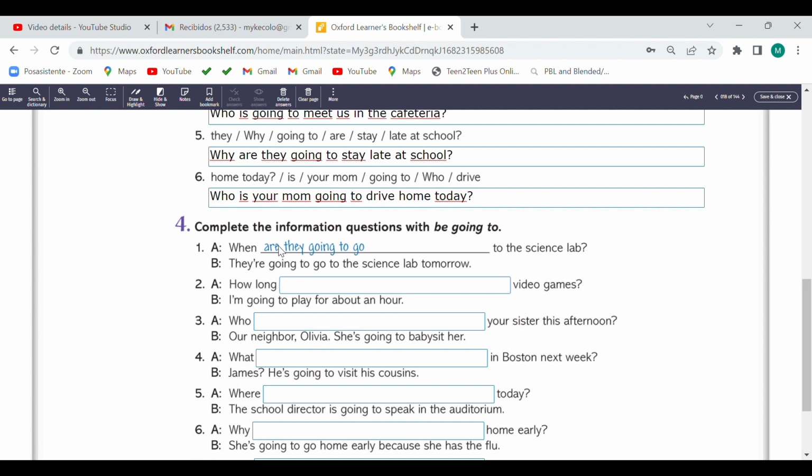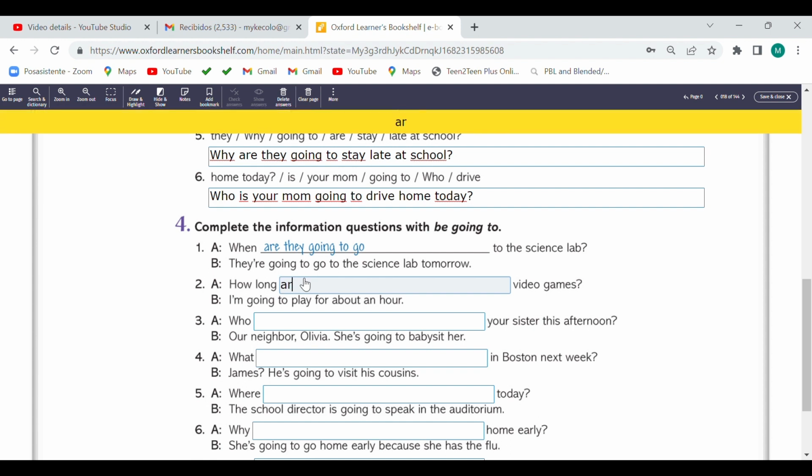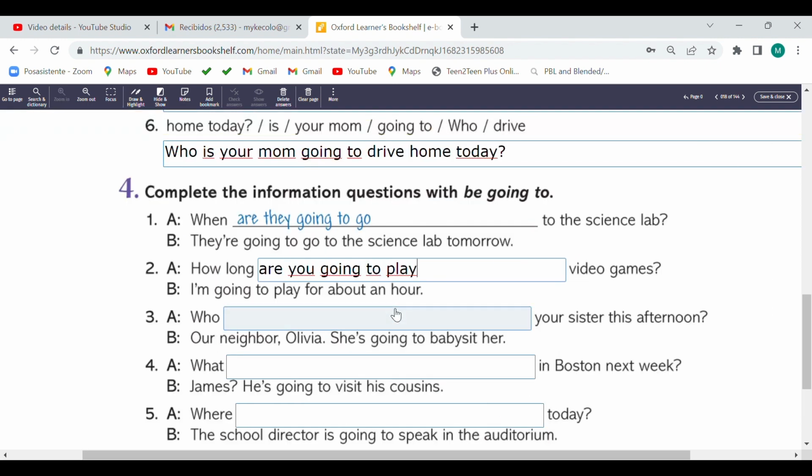Entonces decimos, when are they going to go? ¿Cuándo están yendo ellos o cuándo ellos irán? Number 2. How long are you going to play? How long are you going to play?